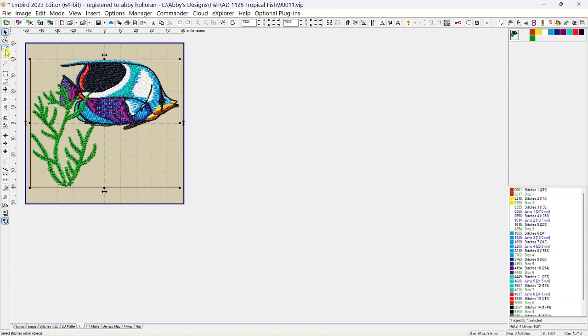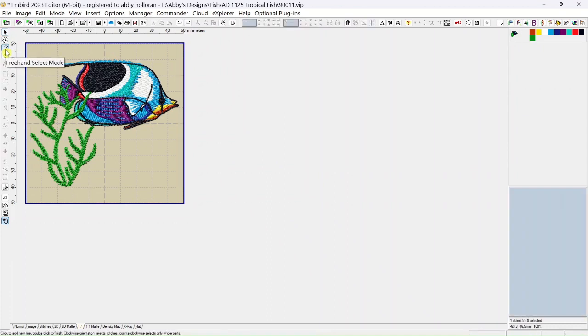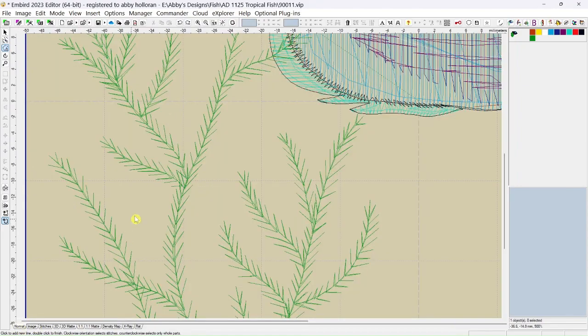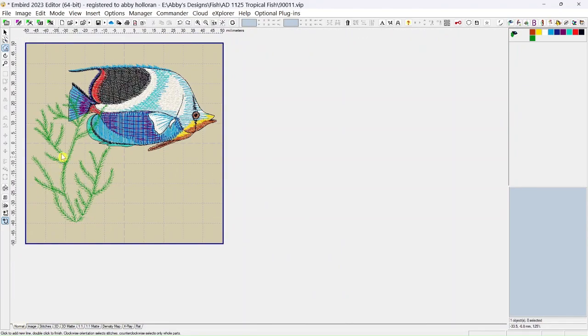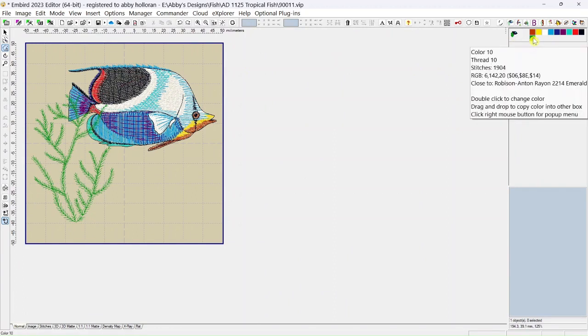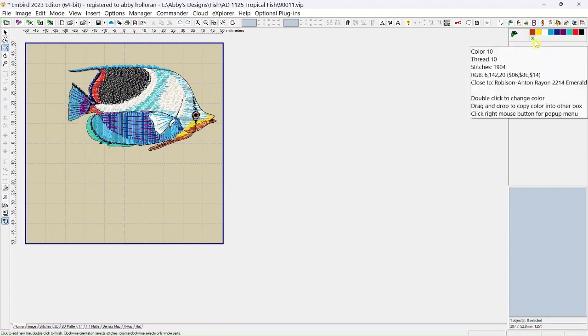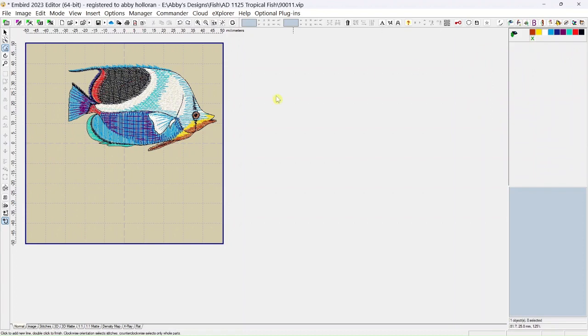So the next thing I'm going to do is use this freehand select. And so I want to edit out my seaweed here. So the easiest way for me to edit out this seaweed is to use the freehand select. And I'm going to come over to my objects order panel, and the seaweed is this green color. So I'm going to left click on the green colored chip, and it turns to an X,